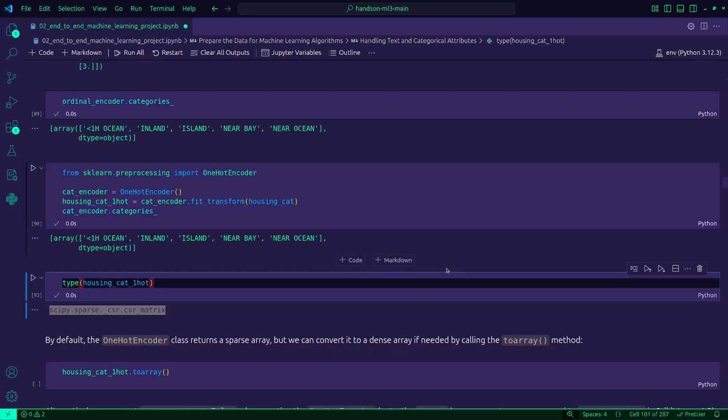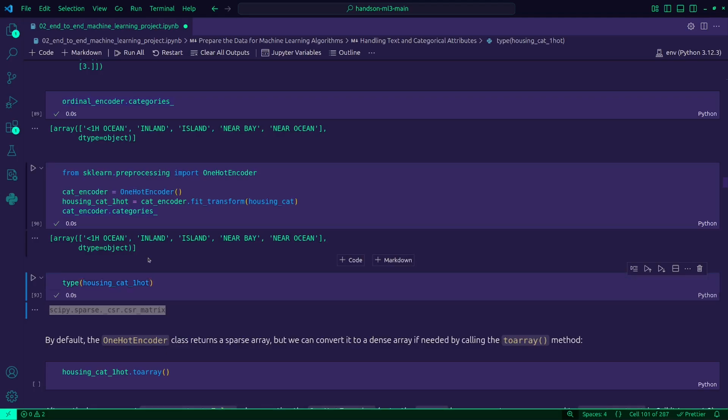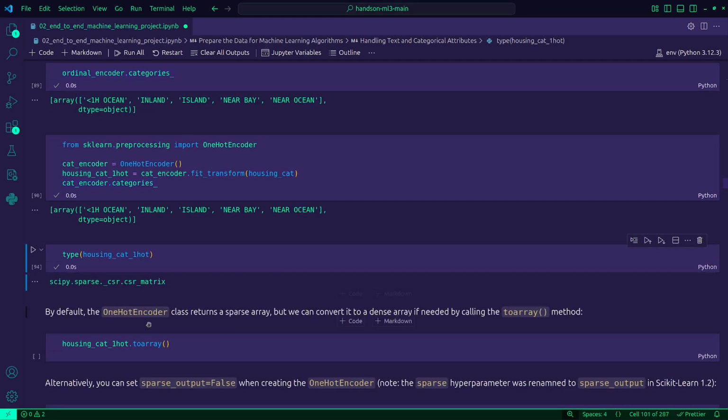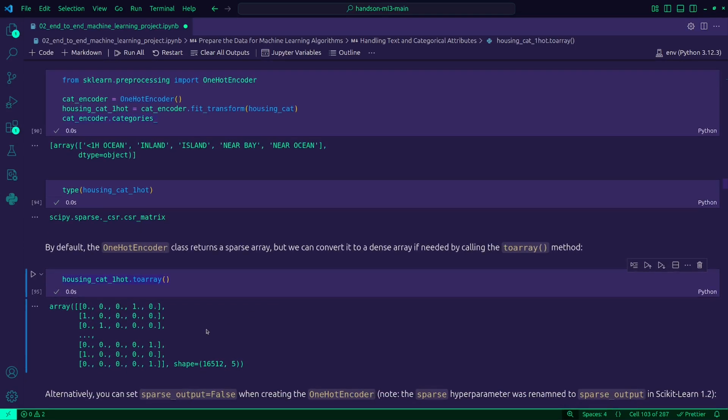What this type actually is, is a way for libraries to save memory. They store this in a compressed format where they only store where the ones are and not all the zeros. Again, this is useful for working with large databases. And we can convert it to a regular array using this command. And here we see it. This is the shape.